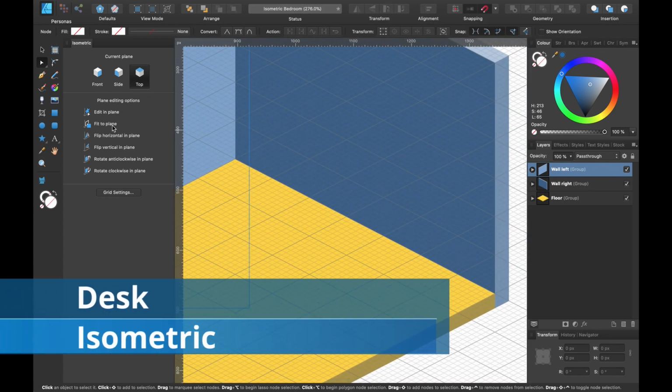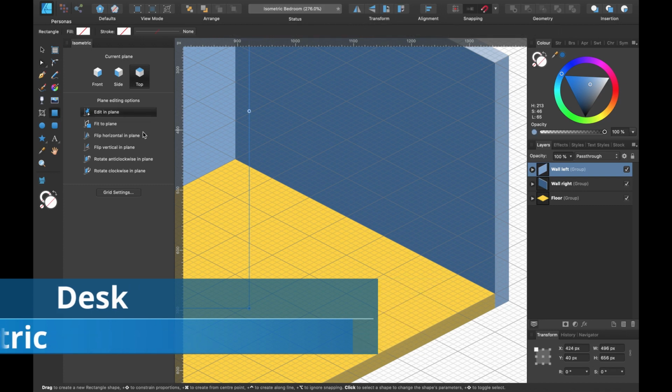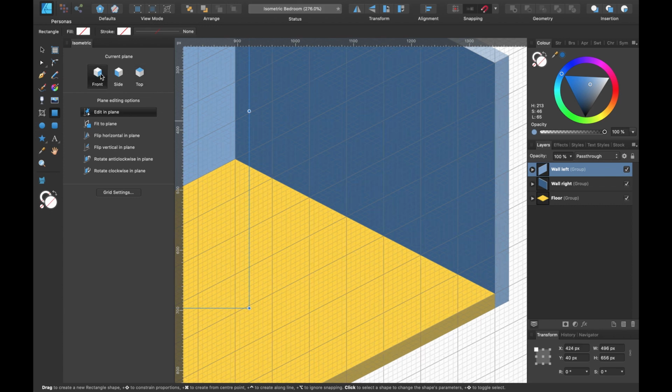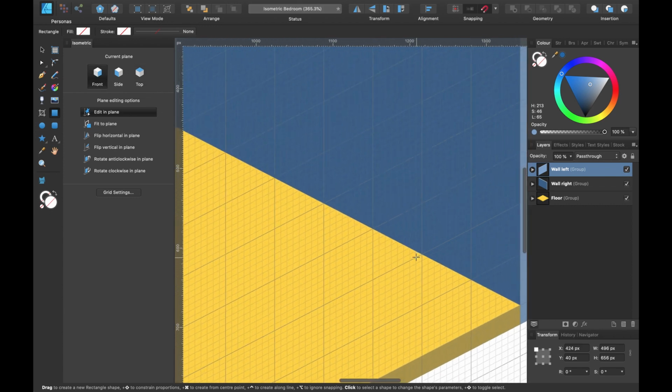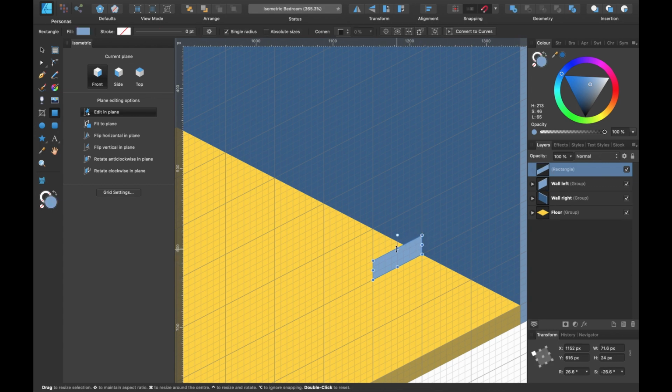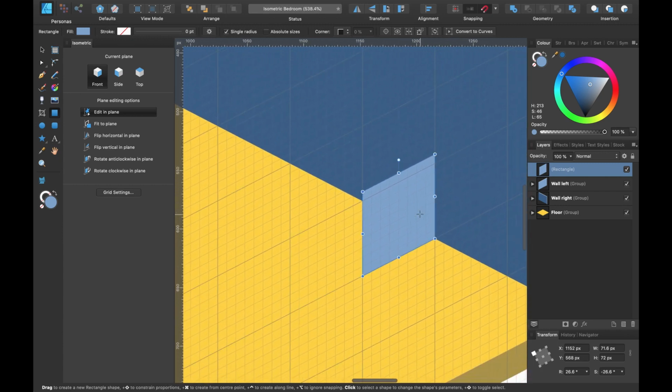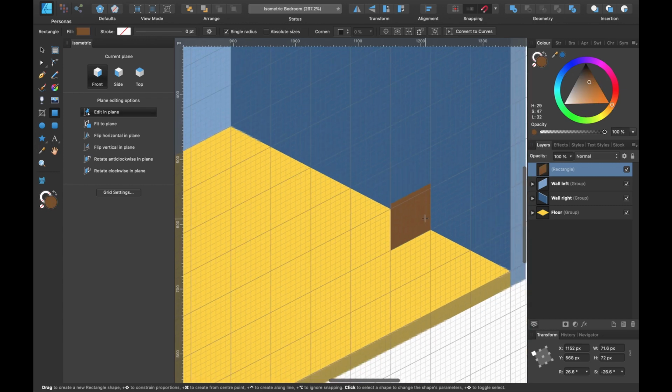Now let's make the desk. So click on the rectangle tool and I'm just going to click front on the plane mode. And I think I will choose one whole block thickness. So I'll do it to about here and I'll just drag up maybe to something around here. Maybe down a little bit, looks a bit tall. Okay, that's the side of our desk. I'm gonna maybe give it some kind of brown color, maybe something like that for now.